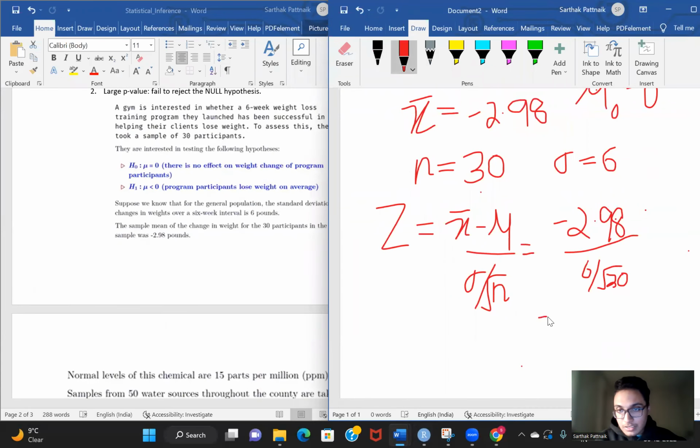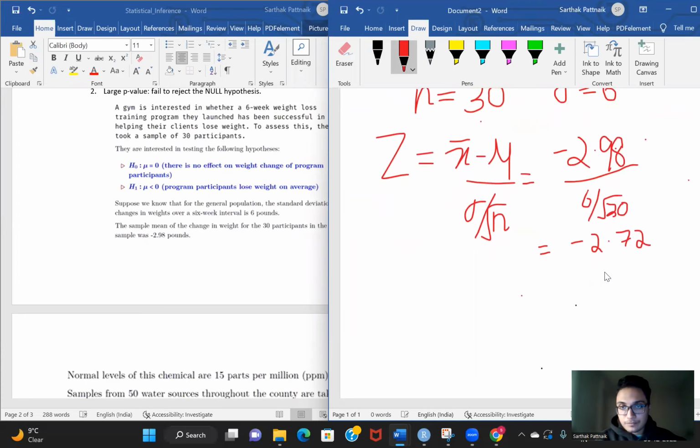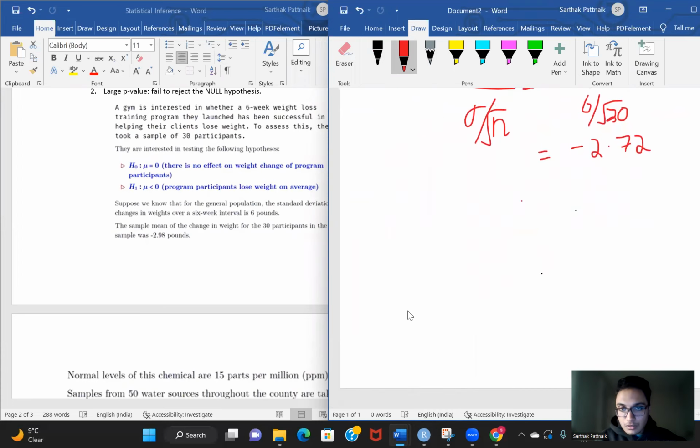So this Z value is coming out to be minus 2.72. This is the value of my Z statistic. Now, from my Z statistic, how will I calculate my P value? We discussed last time that